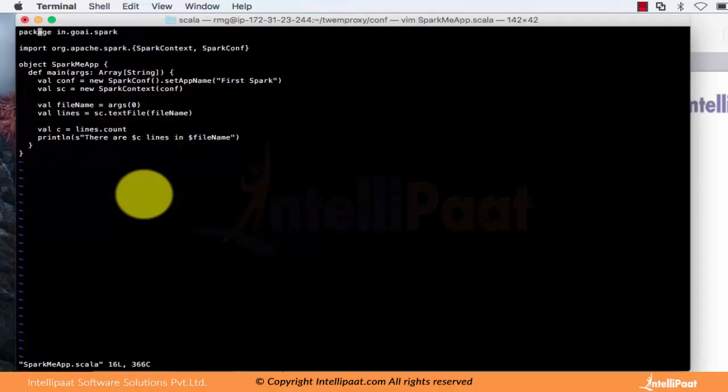The first line is the package, and the package name can be anything that you want. I'm just giving in.goi.spark, and then you do your imports. Import says what libraries you want to use for this program. This program needs a Spark context and a Spark configuration. We have seen in the shell that a Spark context is automatically created for you,